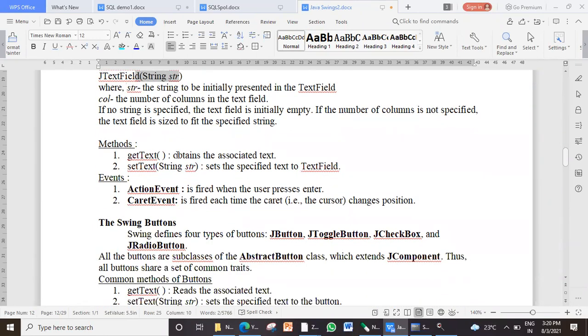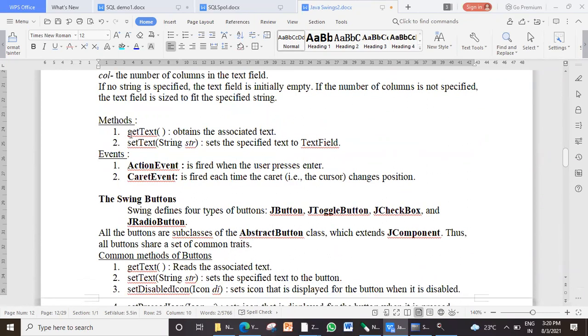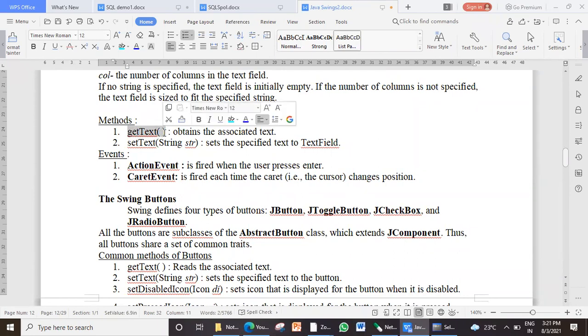Then the methods associated with text fields are getText, used to obtain the associated text. It is very, very important in programs. Normally a text field is provided blank to the user, so that the user types in the value, and then we accept that value typed by the user using getText.